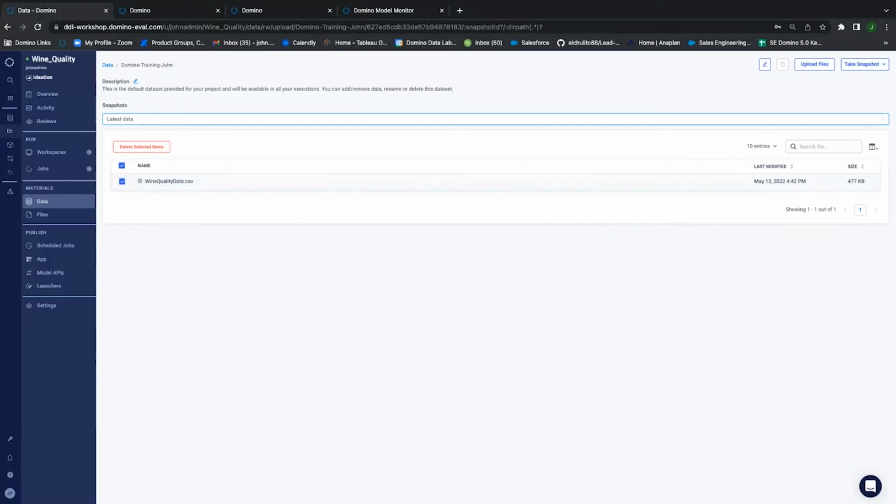Now, at the end of the day, the data sources that connect to a Domino dataset are just data sources that you've connected on the back end of Domino. So that's something that you still keep. We don't touch anything. It's connected to the data source that you set up when you set up Domino the first time. So I'm going to go back.